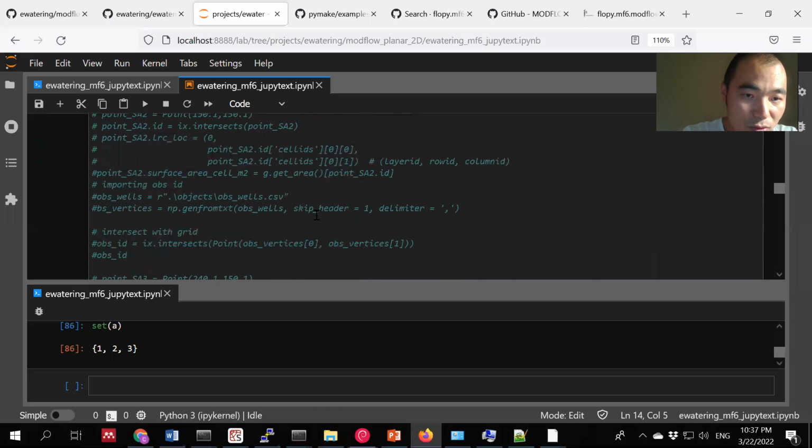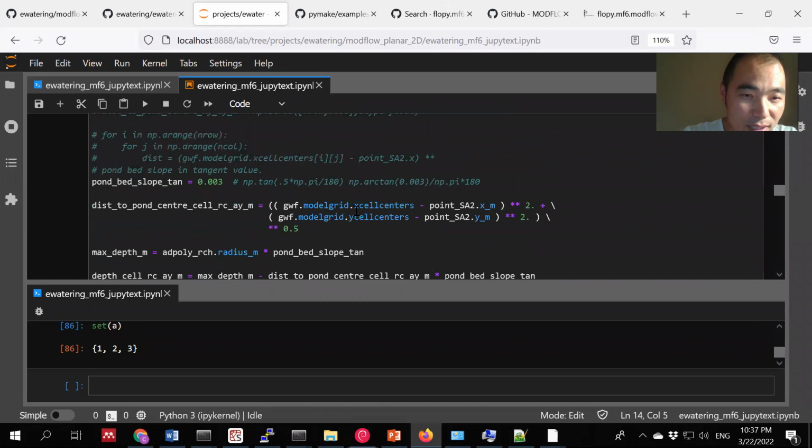Then I need to specify. So the next one is to basically have a look. The next cell is related to how we get a sloping, pan-shaped, well, it's actually a cone-shaped bathymetry, right? So the way I manage that is